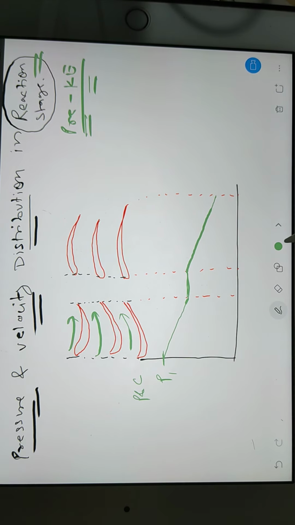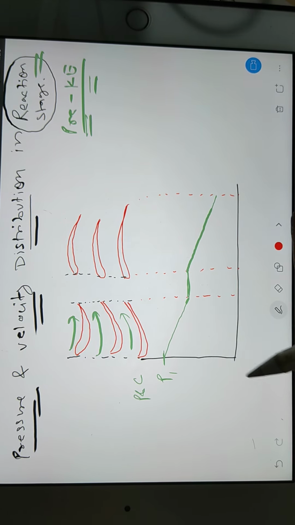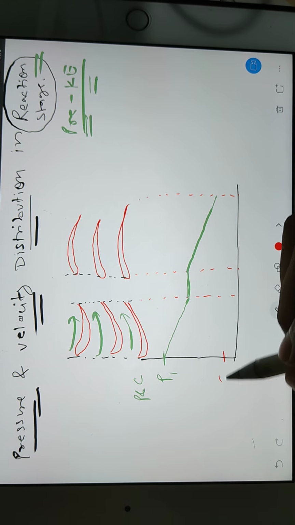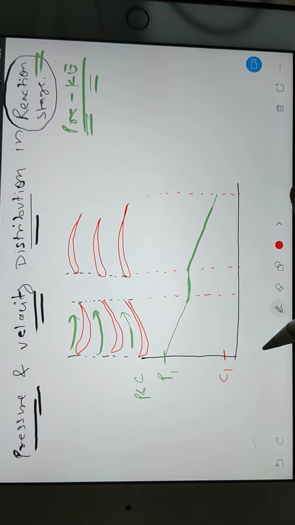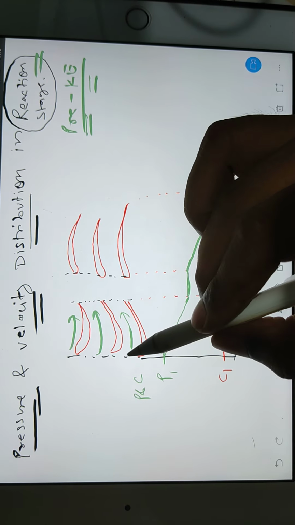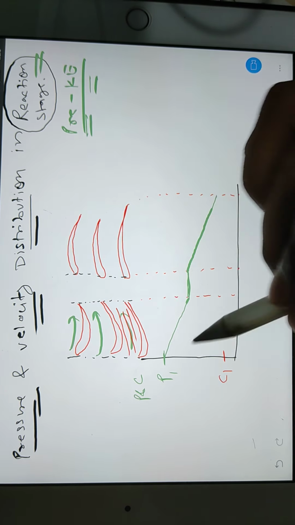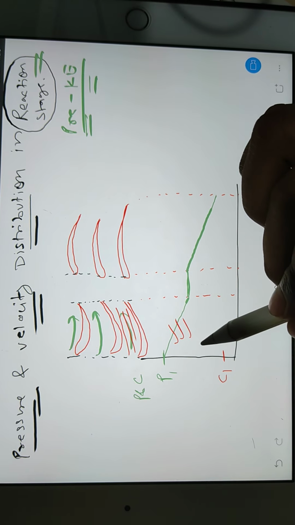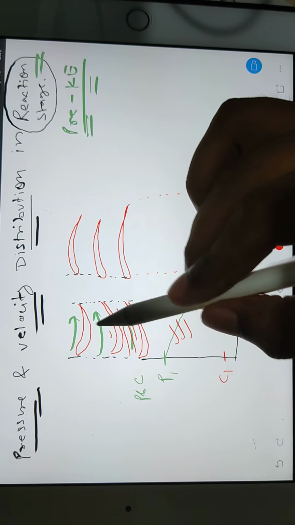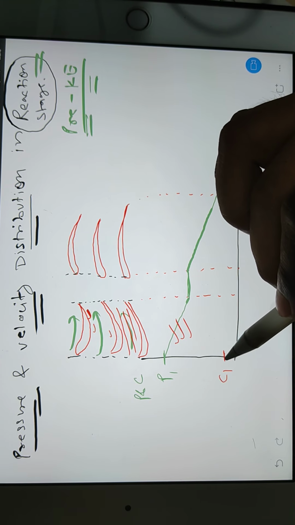Yes. After that, you talk about the absolute velocity. So imagine your absolute velocity is C1. Then what will happen in case of the gap? What kind of gap you have? Because you can see clearly static pressure is decreasing, but why? Because of the gap, nozzle. So your C1 will increase.